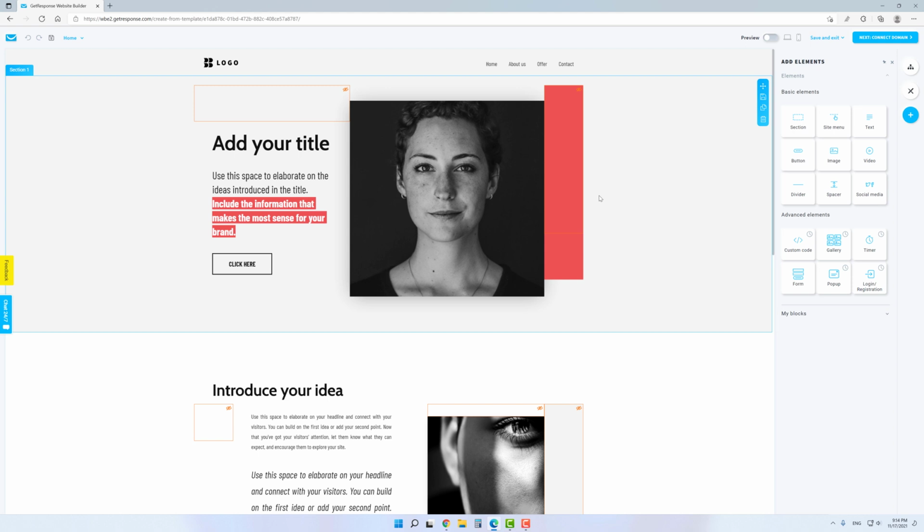And actually, that was everything you need to know about the working space, which means we're ready to move to editing the template. For the purposes of this tutorial, I'm going to make a personal promotional landing page on which I offer my services. And the very first thing I'd like to change is the logo.